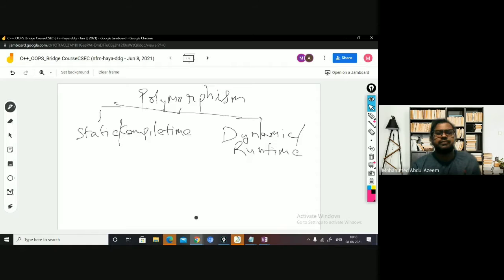So why do I say it is static? Because the binding of functions is going to be done during compile time. Here, the binding of functions is going to be done during runtime. That is the reason why we are saying it is static and dynamic. Okay. Now coming to static polymorphism. Here, static polymorphism can be achieved in C++ with the help of function overloading